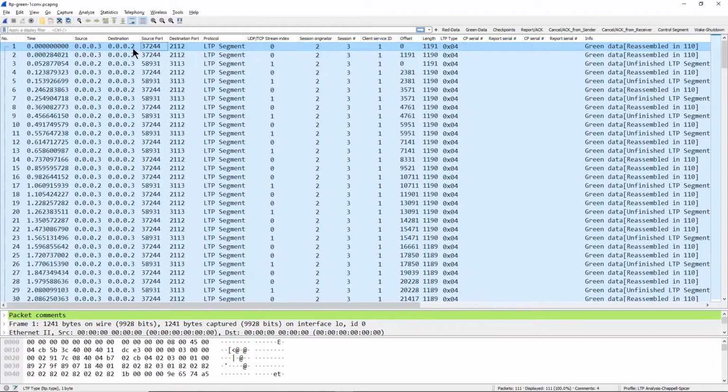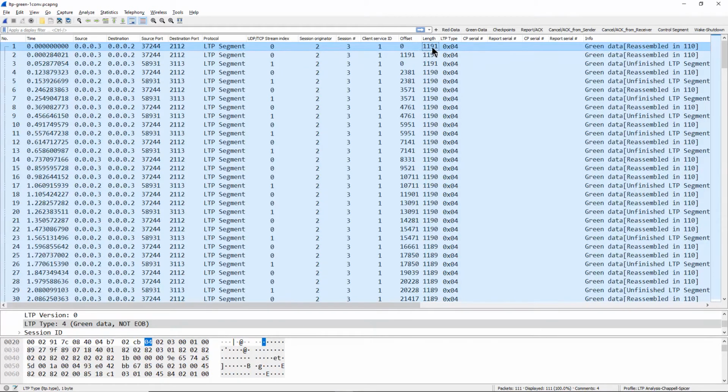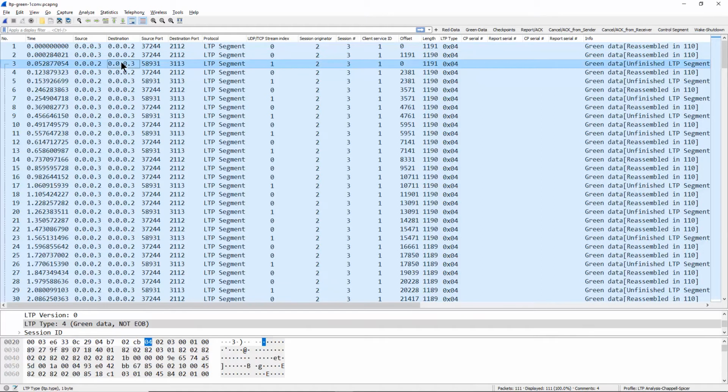If we look at the first two packets, they're from .3 to .2. We can see that we've added a column for the offset and the length for the data portion in this packet. Offset 0, length 1191. The next data packet is offset 1191, and the length is 1190. Packet number 3 is the start of this echoing back process.